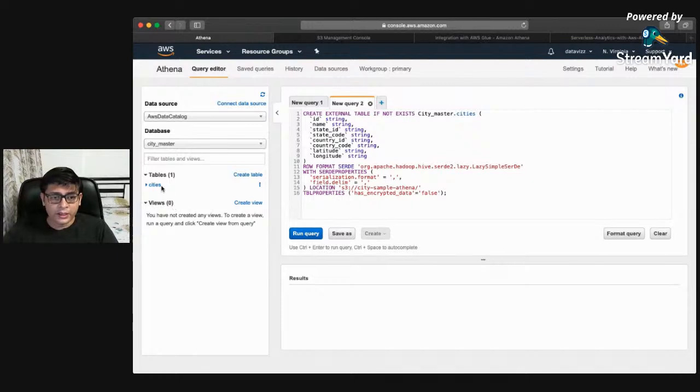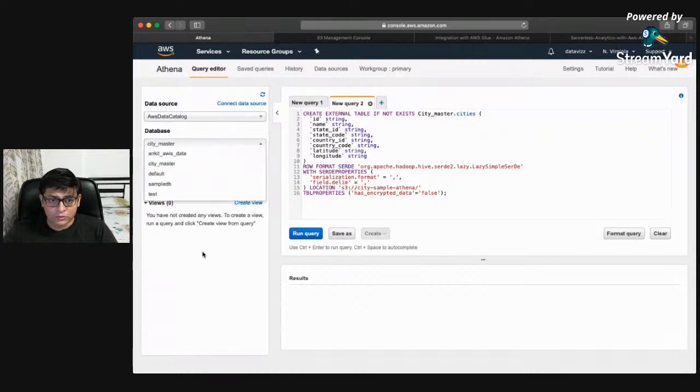Whatever database you're seeing, you would have the same structure that you see in a normal RDS or any standard SQL interface. So you have a database. Under that database you have tables and views, right? Similar things that you will see here as well. Okay, now